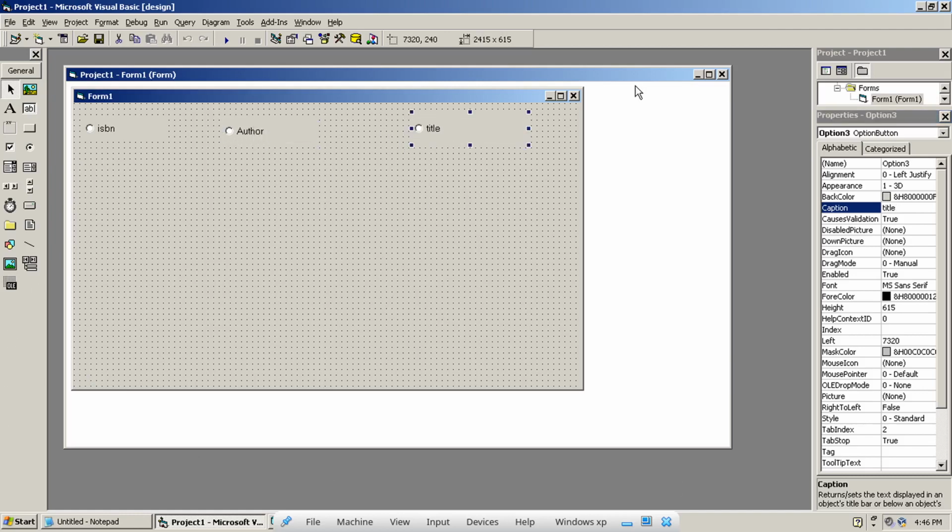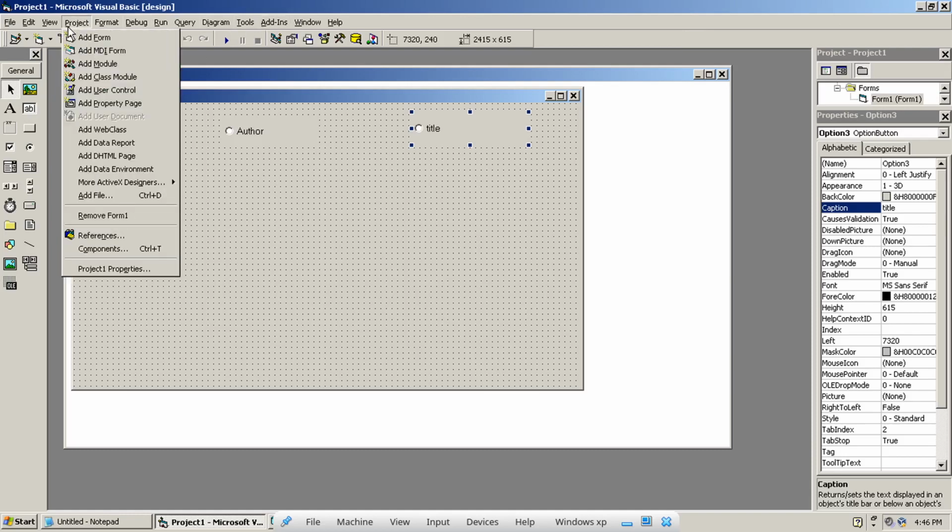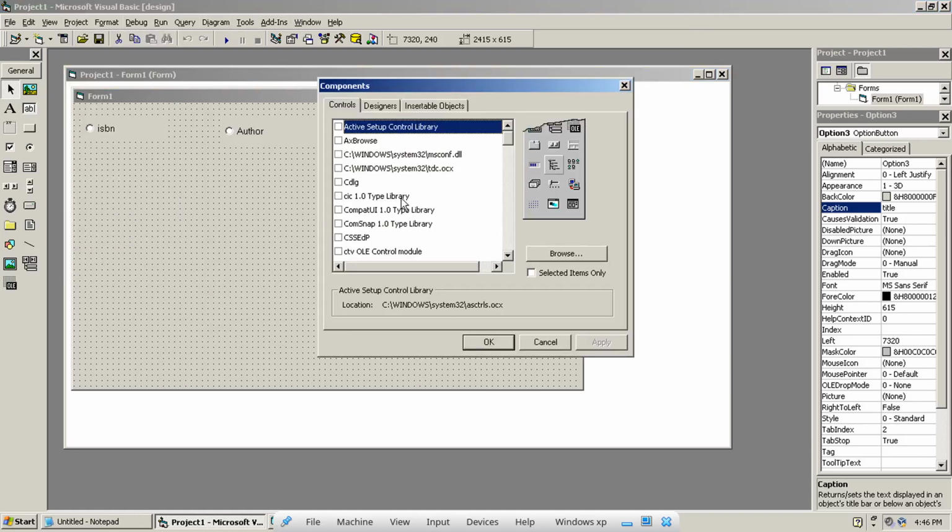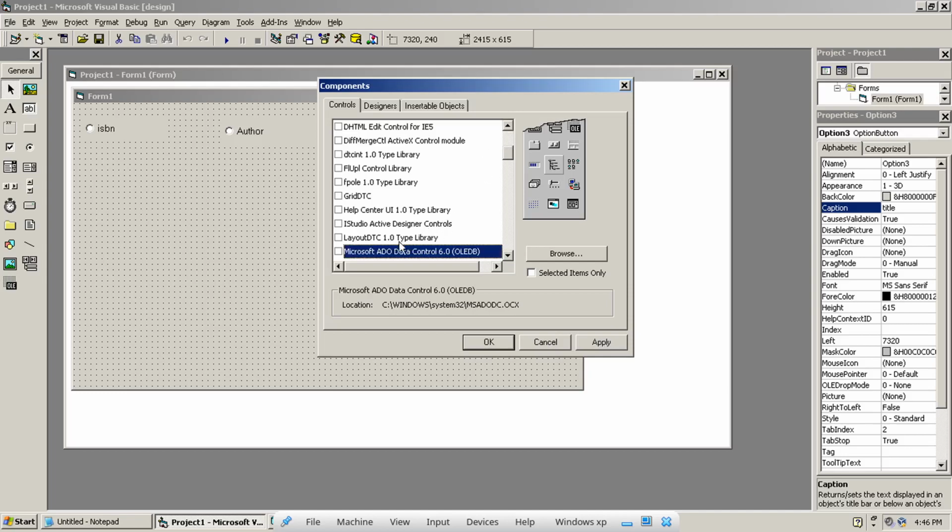Here I'm going to add some new components which you have not seen as of now. To add those components, I'm going to go to project components. I'm just typing M. It comes to Microsoft ADO data control, ADO DC. I click that and say apply.